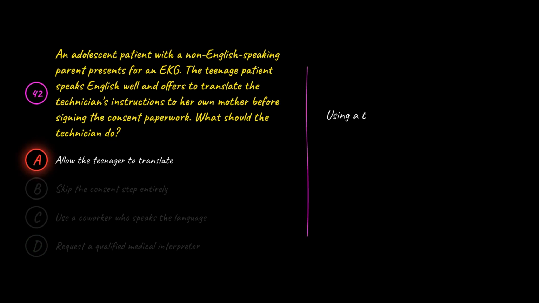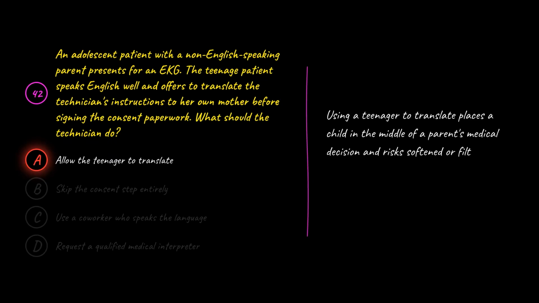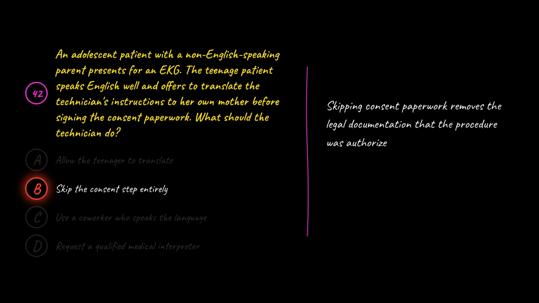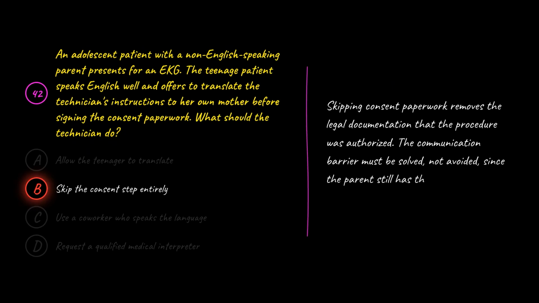A is wrong because using a teenager to translate places a child in the middle of a parent's medical decision and risks softened or filtered language about clinical risks. Family translators also have no training in medical terminology or boundaries. B is wrong because skipping consent paperwork removes the legal documentation that the procedure was authorized. The communication barrier must be solved, not avoided, since the parent still has the right to understand what the test